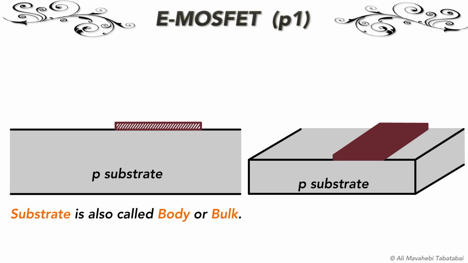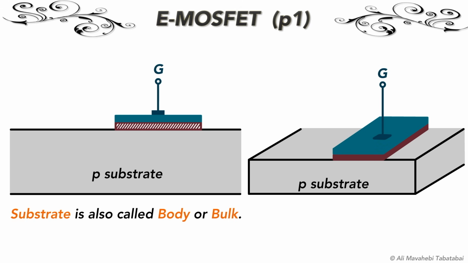In the middle, we have a thin layer of silicon dioxide, which is a perfect insulator like glass. And on top of it, we have the gate terminal of the device, which is a good conductor. The gate plate is made of polysilicon. This is the material used at the time I'm recording this video, and it may change in future due to